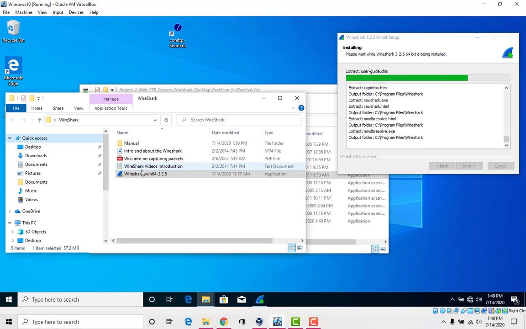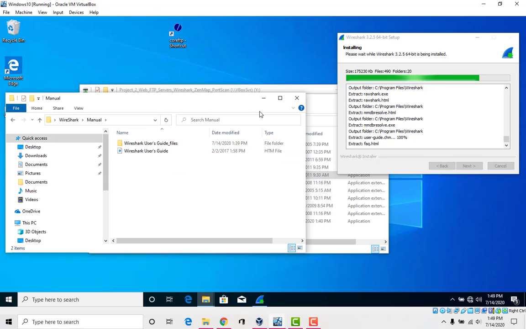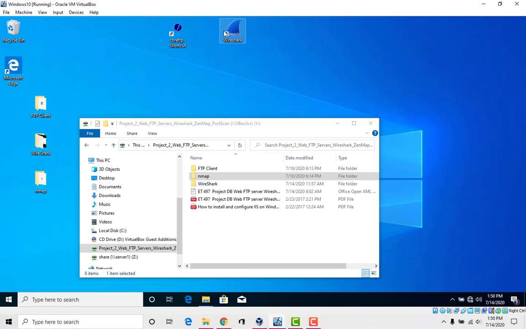There's a lot of instructions and videos on how to use Wireshark out there. So that is really good. I mean, there's a ton of information on how to use Wireshark, but over here. So Wireshark is a packet sniffer. So it sniffs everything that is happening over the network.